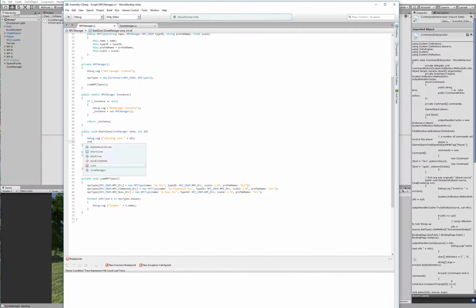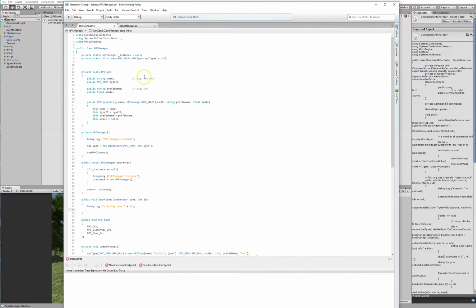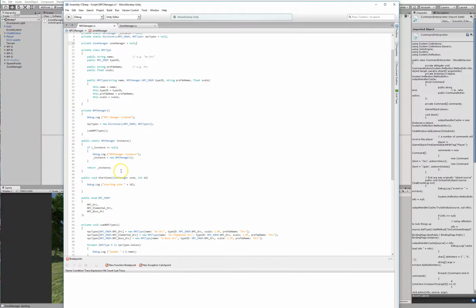I'm going to pass in. And what I should do is save that off here. So I'm going to say, I don't have to make it static because I don't think I'm in danger of accessing this before it's been created. Private zone manager, zone manager. Yeah, that's going to be created by null anyway, but let's just be nice about it. Okay, zone manager equals zone,